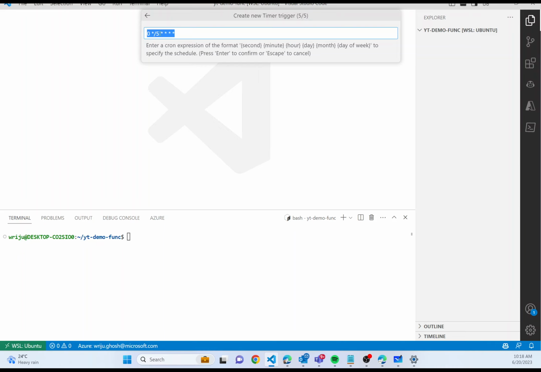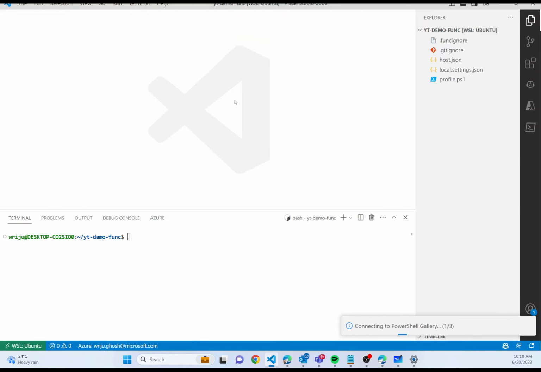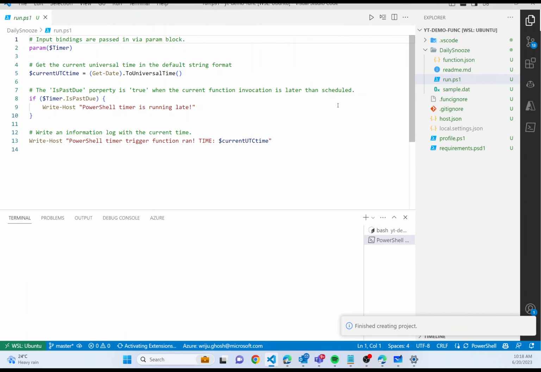What it essentially means is that every 5 minutes it's going to go ahead and execute. So if I just change it to 2 minutes, then every 2 minutes this function will get triggered and try to start the set of virtual machines. If I hit enter now, it's going to go ahead and create that,